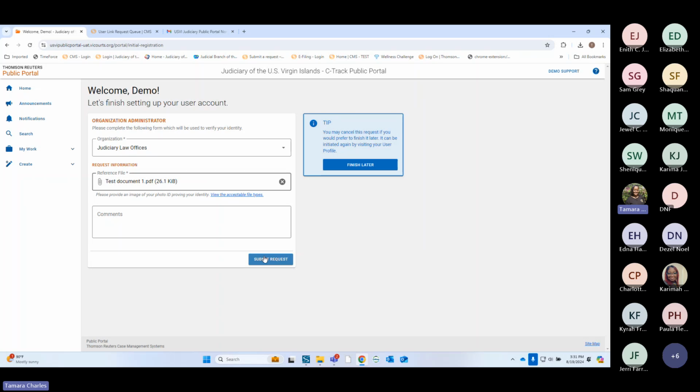It's going to be more successful if you do it the way that I'm suggesting, which is your legal org admin, all your users sign up, but your legal org admin makes the request to the court so that he or she could be pulled in as the legal org admin for this law office.